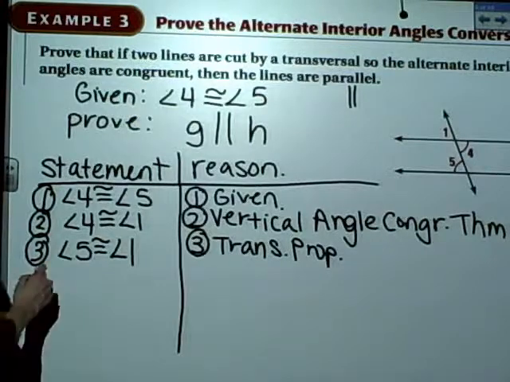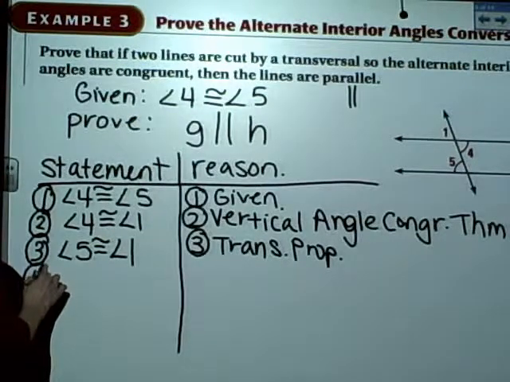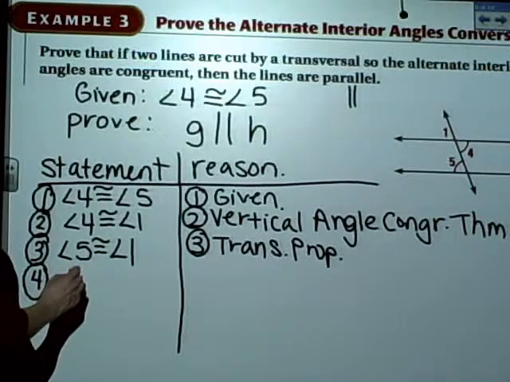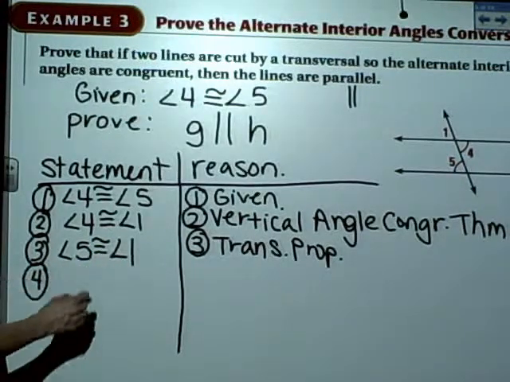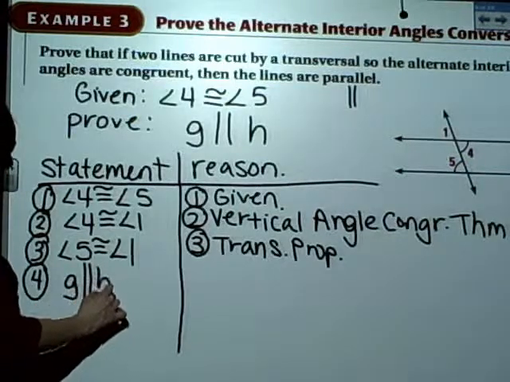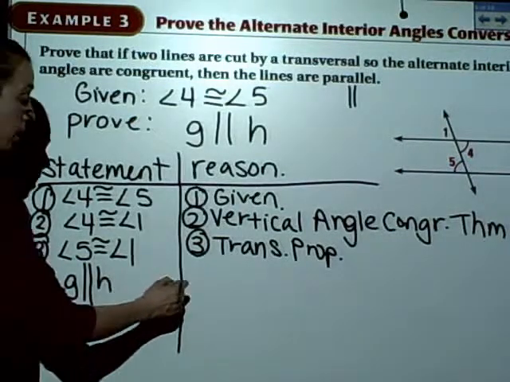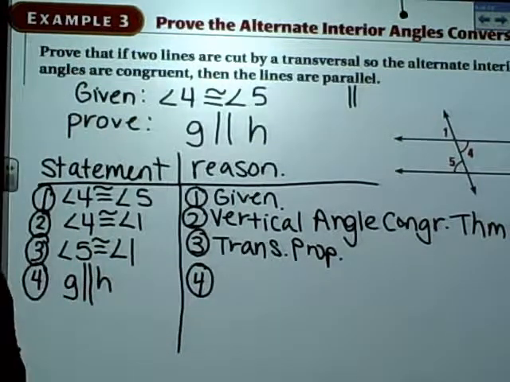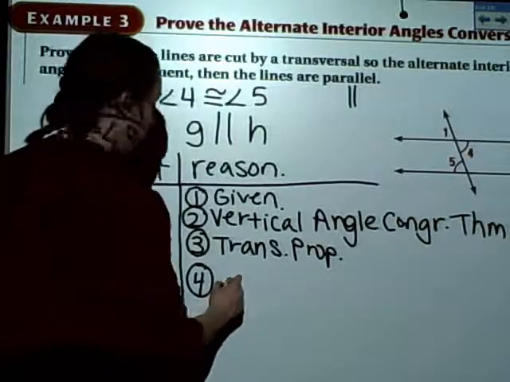So because angle 5 is congruent to angle 1, that means line G is parallel to line H. And the theorem that we're going to say for that is the corresponding angles